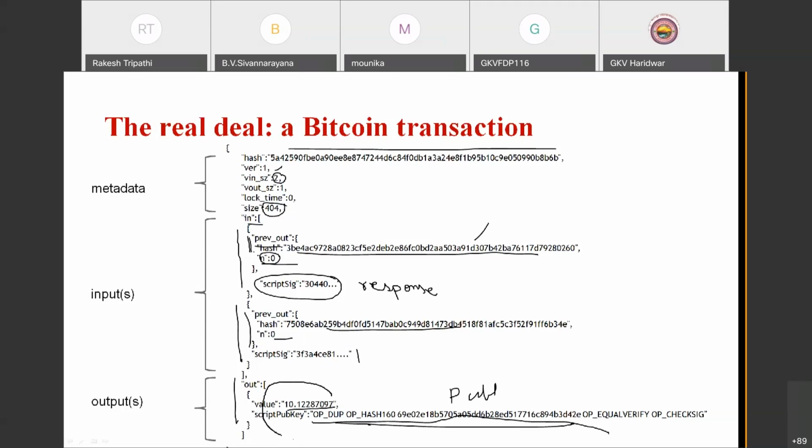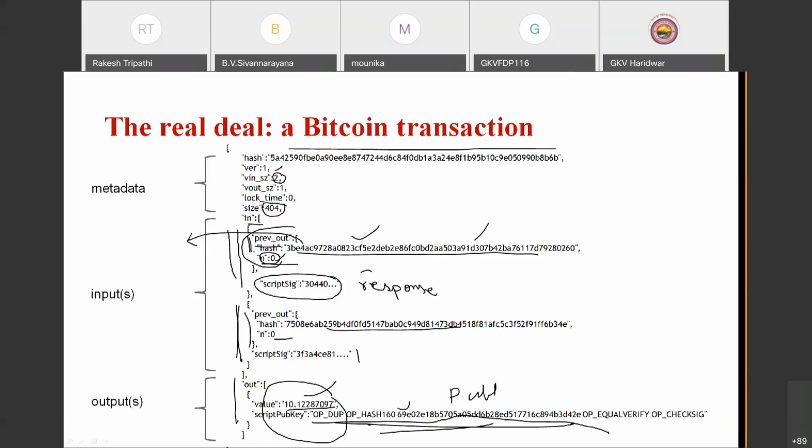This money can be spent by someone if he gives a suitable response to this challenge. And this is the response. So he wants to spend this. This is the previous transaction reference, at index 0. So I am consuming this Bitcoin, and I am sending 10 Bitcoin to